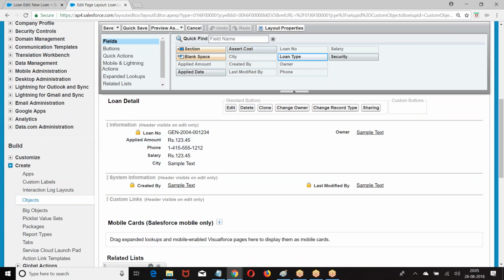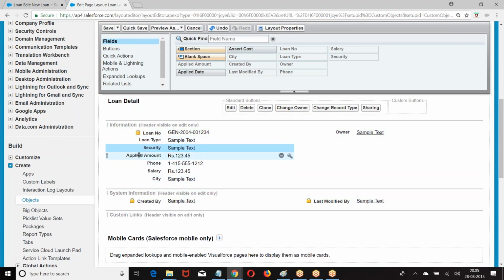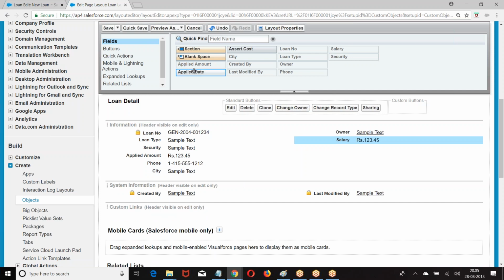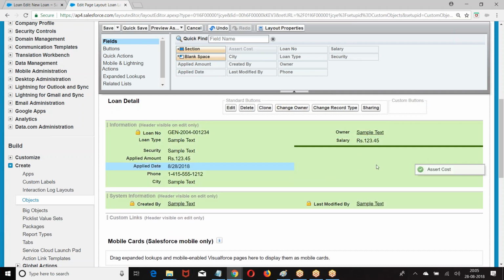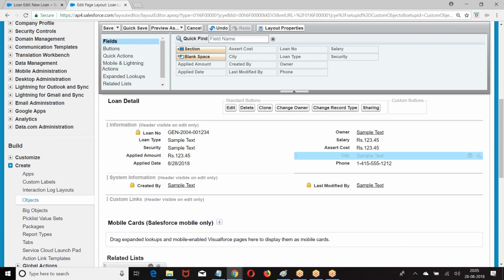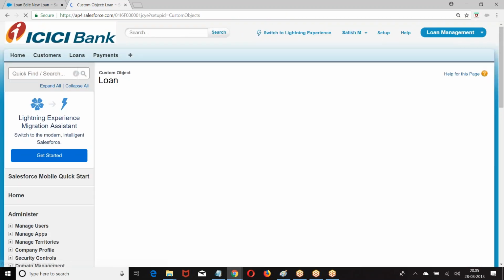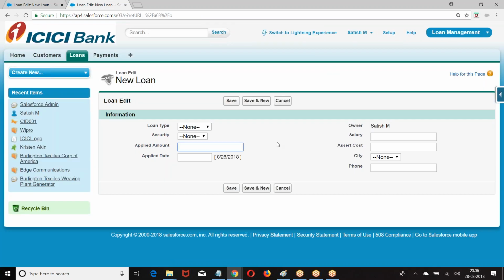Then I have loan type, security, applied amount, salary, asset cost, phone number. Because they will not be visible, I created this. Okay.